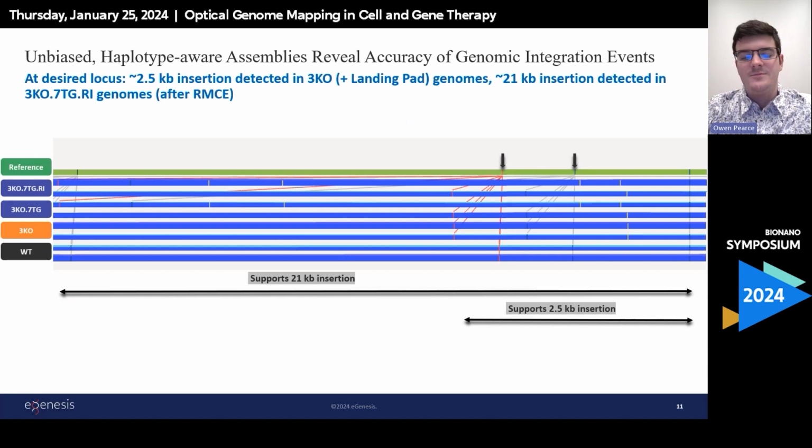Here is just showing some of the optical genome mapping tracks that we used in showing how the unbiased and haplotype-aware method of the optical genome mapping assemblies can help reveal the accuracy of our genomic integration events. As you can see in our reference genome, there are 2 DLE1 sites marked with the black arrows. And as we introduced our landing pad, we see a shift in the location of these DLE1 sites, supporting a 2.5 kb insertion. We also introduced a novel DLE1 site shown with the yellow arrow, which is encoded in our